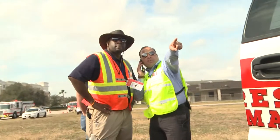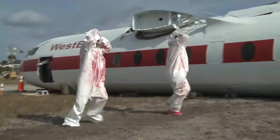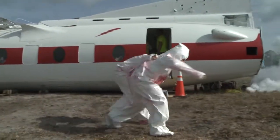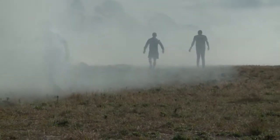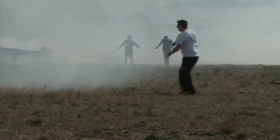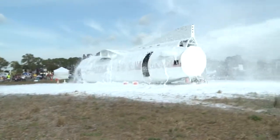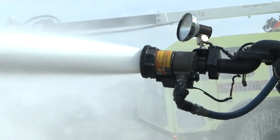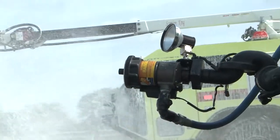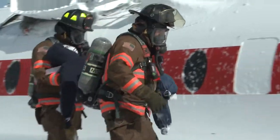The exercise brought together more than 225 participants and 60 volunteers. The volunteers from local universities role-played as passengers rescued from a fictitious commercial airline. For the exercise, a plane fuselage was staged on airport property and partially off property on Richard Petty Boulevard. A mass casualty drill mocks various emergencies that can occur on a plane, ranging from crashes to knowing how to